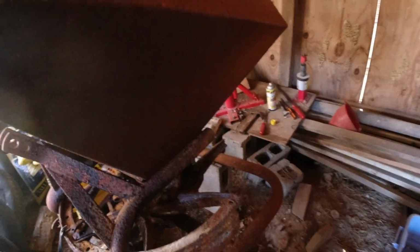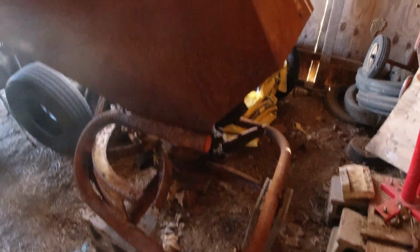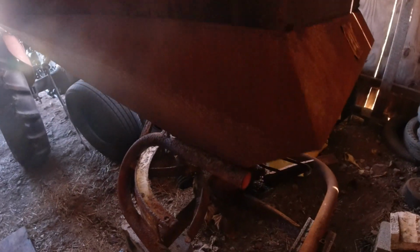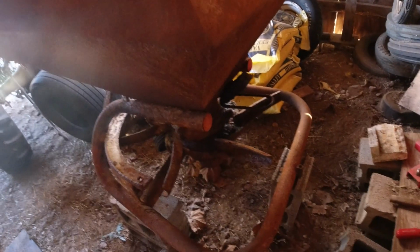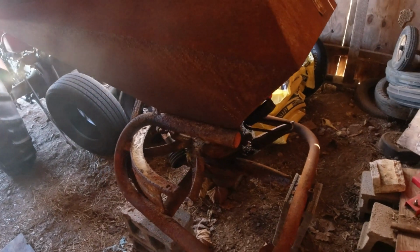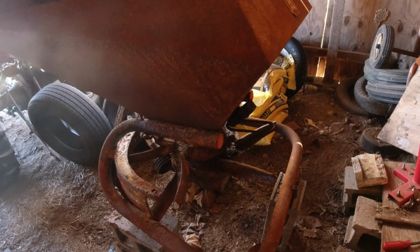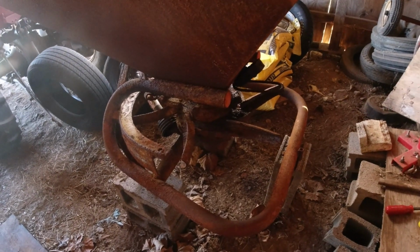This old spreader right here is a Lely fertilizer spreader. It's an H or an HR. I'm not real sure, I think they're pretty much the same. It has a hopper extension. I can put about 800 pounds of fertilizer in this spreader, and it has been a great spreader. The problem is it's over 50 years old, and other people used it before I got my hands